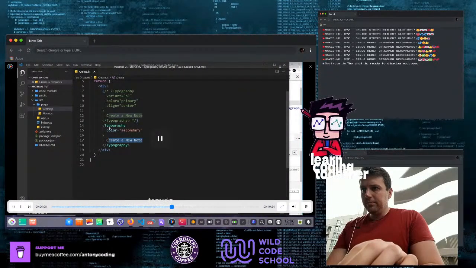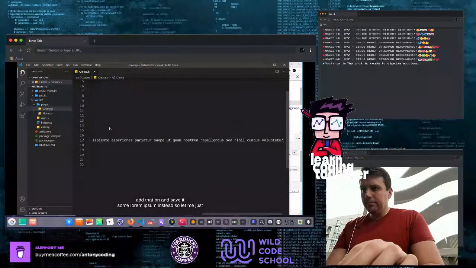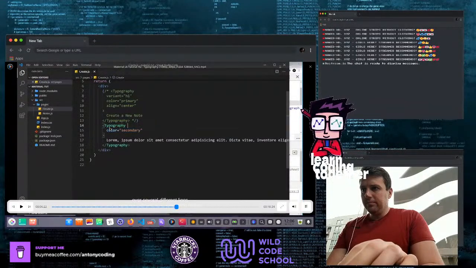Now, I'm going to get rid of this text, and I'm going to use some lorem ipsum instead. So let me just add that on and save it and preview. And can you see how it goes over several different lines? Now, we can add a no wrap